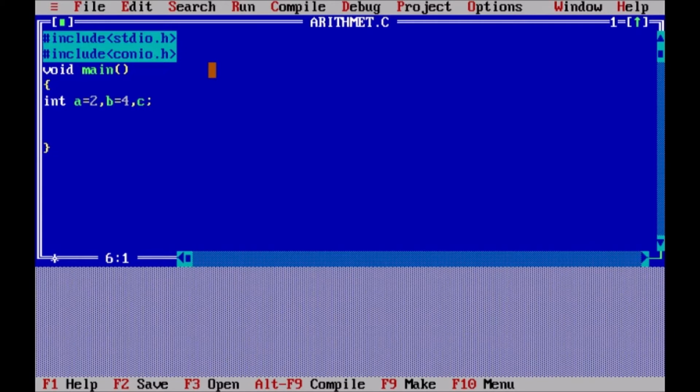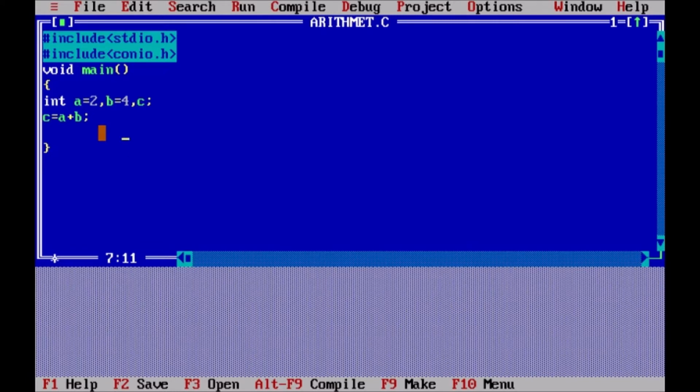Okay. Now let us perform our first arithmetic operation, that is addition. So the addition can be performed like this: a plus b, first variable, operator, and then second variable. Alright. Now we have to store the result of this addition operation somewhere so that we can show that result onto the screen. C equal to a plus b. This means the value of a plus b after addition will be stored in this variable C. Here equal to is not a comparison operation, it is an assignment operation. The value of these two variables will be stored in this variable C.